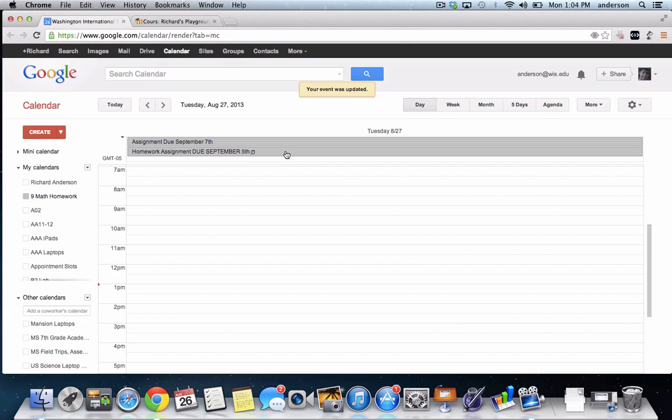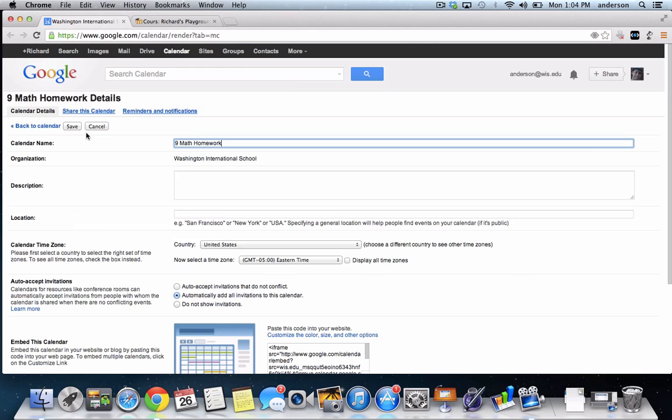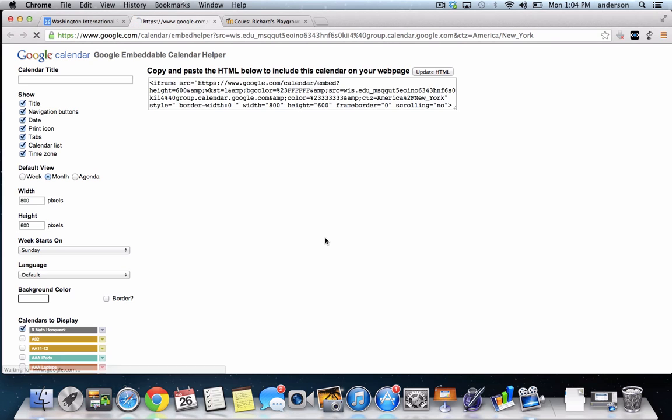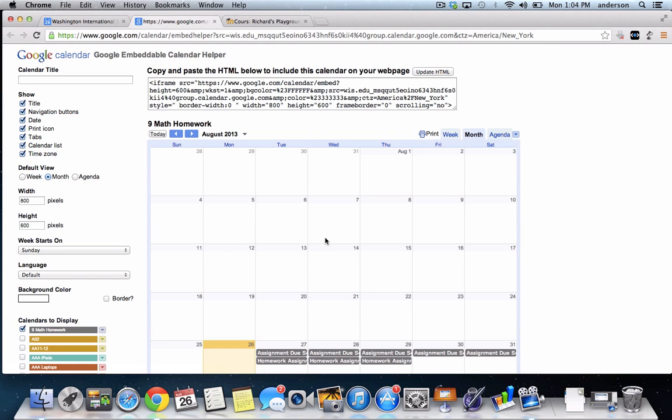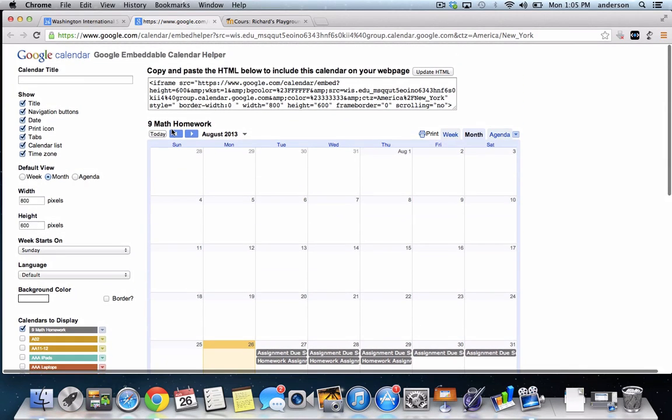Now how about getting it onto Moodle? Well, to start, you're going to want to go to your calendar settings. And then here about halfway down you see something called embed this calendar. I highly recommend going into this customize the color, size, and other options. It lets you dynamically generate what your calendar will look like on your Moodle page. So right now this is way too big for my space on Moodle, so I can customize this. I don't need a title because I have a title right here already on my calendar,